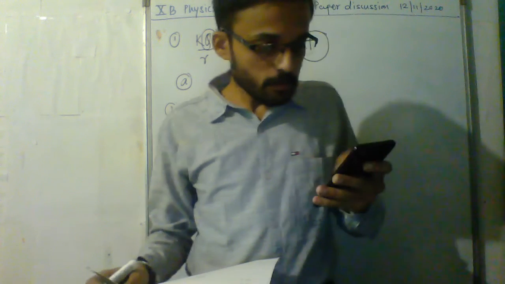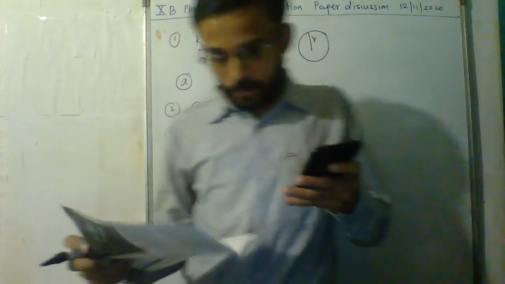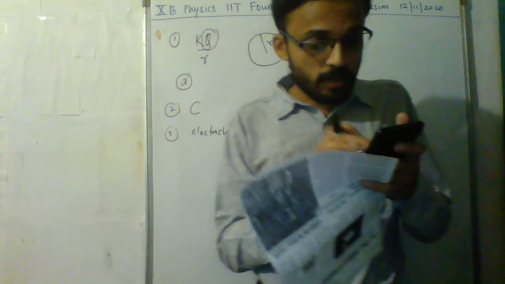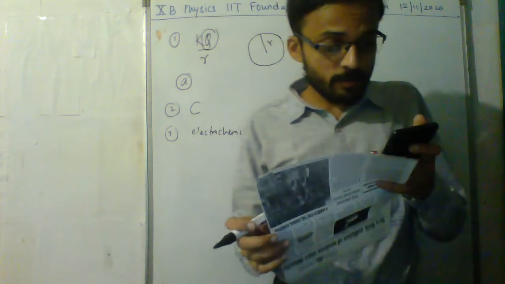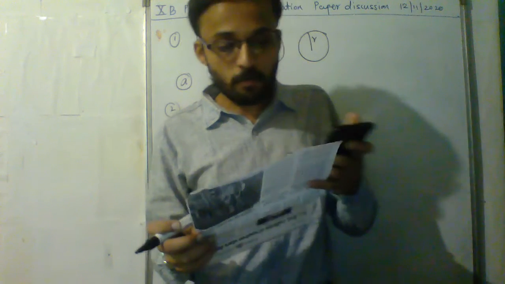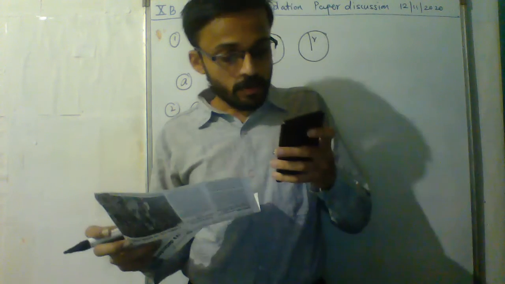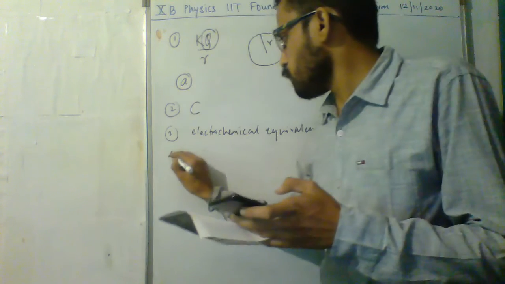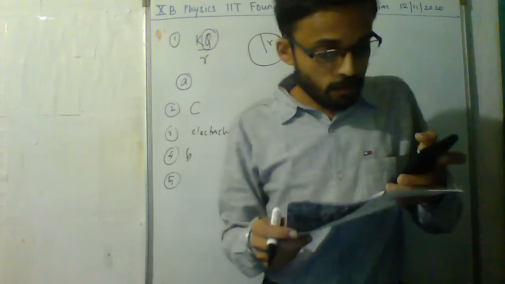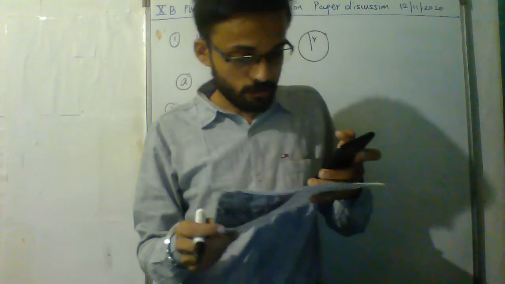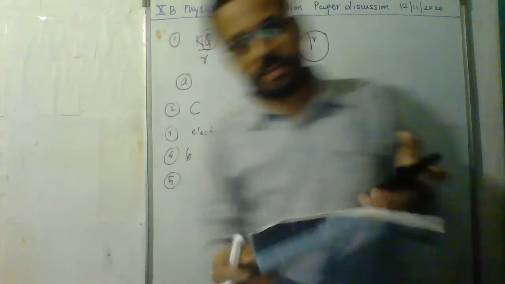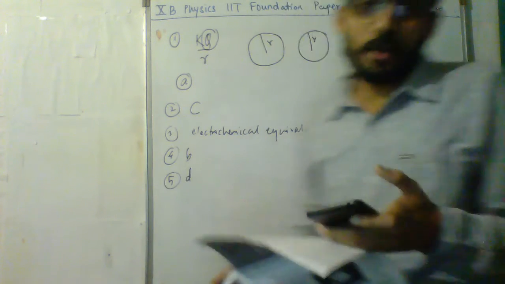Number 4, in a parallel circuit of bulbs, same current exists in all the bulbs, voltage across each bulb remains the same, failure of any bulb leads to the break in the circuit. No, no, no. B will come. Next we'll go for 5. Resistance of a metallic conductor depends on length, area of cross section, temperature, all of those. Of course, it will depend on all of them.